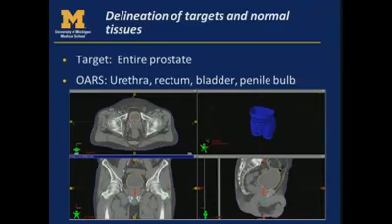So what needs to be contoured for prostate? This is pretty easy. It's all the same things that need to be contoured for fractionated prostate radiation except for the urethra. So you can see on these, if you don't do SBRT, you might not have ever seen a urethra contour before,